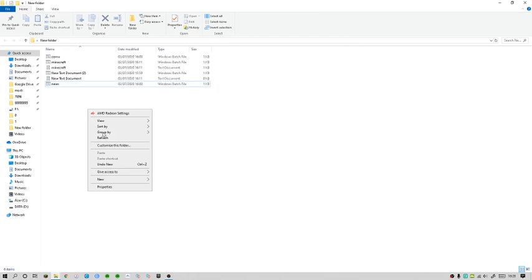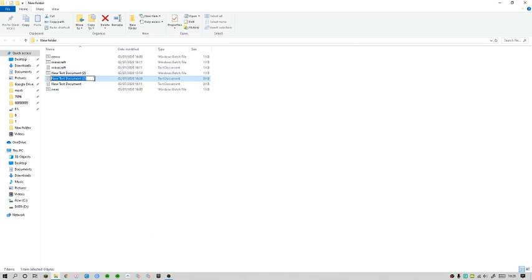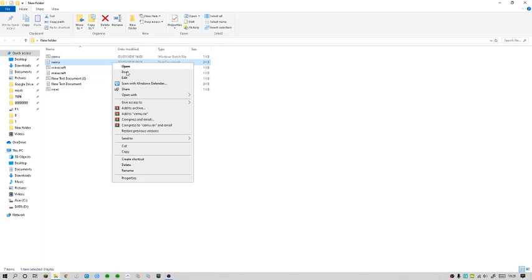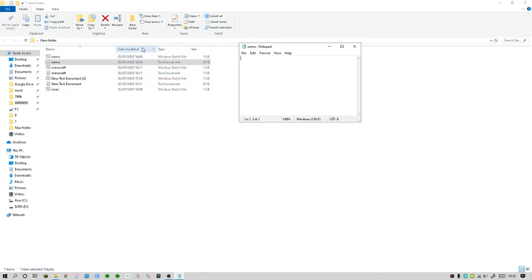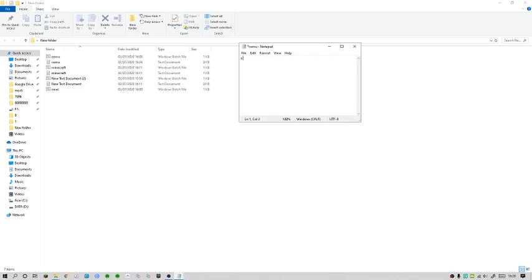So if you right click and then click new and then text document, and name it whatever you want. I'm just going to name mine, I don't know, CMU, just for an example. And then right click and edit, and then give it a start,